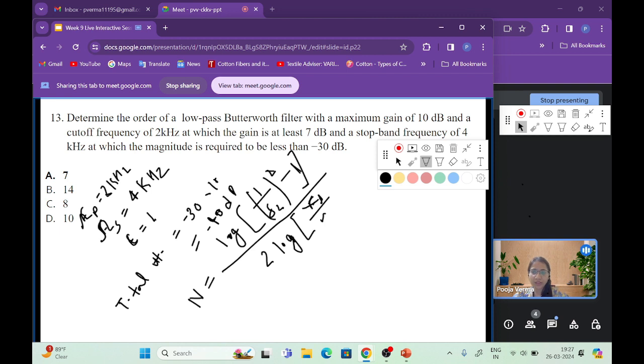It depends. 20 log. Yes, continue. It depends on the options and questions; you have to choose it. Okay, so FP divided by FS. So if you put all these values,